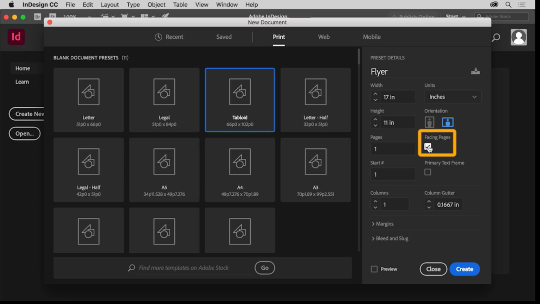Deselect the Facing Pages option here. A facing page document is something like a magazine or a book where pages can be arranged in spreads. Now this document will be a flyer, so it'll only be a single page, which means facing pages does not need to be selected. You can start with a number of pages, but you can also do that after the